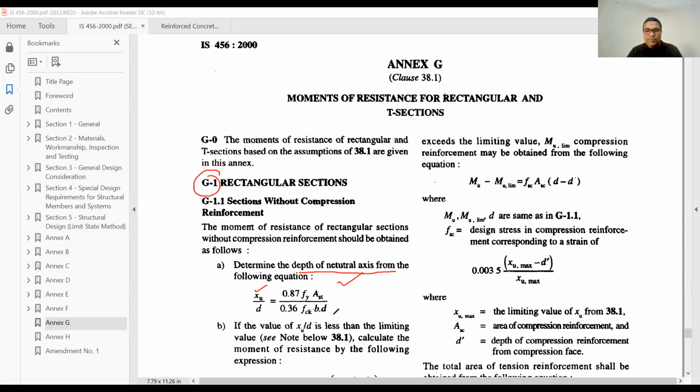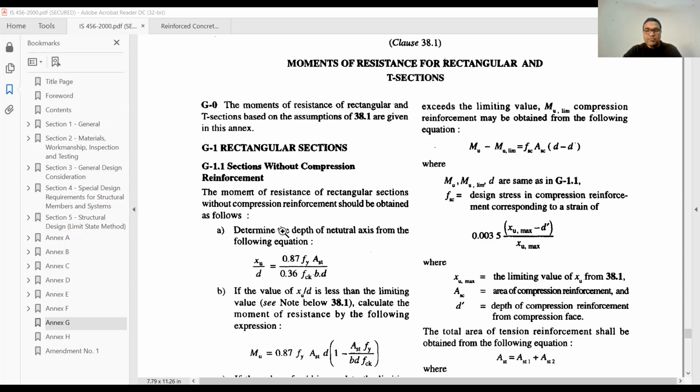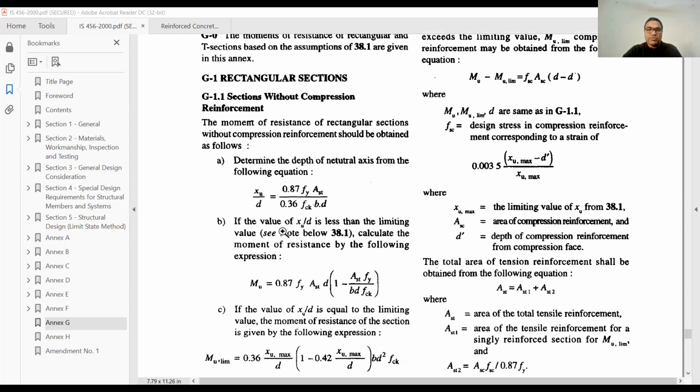But there is a problem in this formula, and that problem is that the formula has a variable Ast. Now Ast is the area of steel. So to calculate the value of xu, we need to find out Ast first, then only will we be able to find out the value of xu. Now the value of Ast can be calculated, but before that we have to assume whether our section is under or over reinforced, because if we scroll down, you see